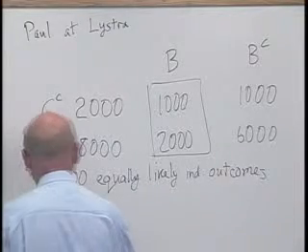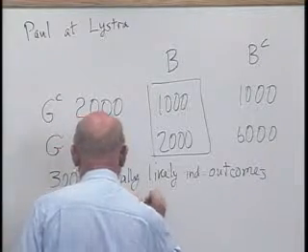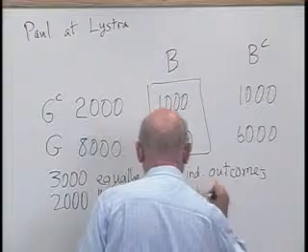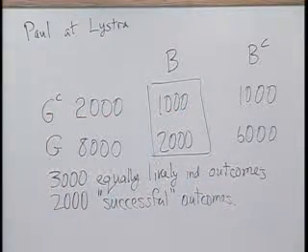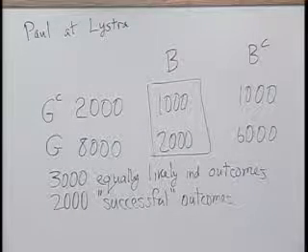And he's basing this on the fact that there are 2,000 what you might call successful outcomes. So on the basis of our simplest notion of probability, which has been around certainly for centuries and probably for millennia,